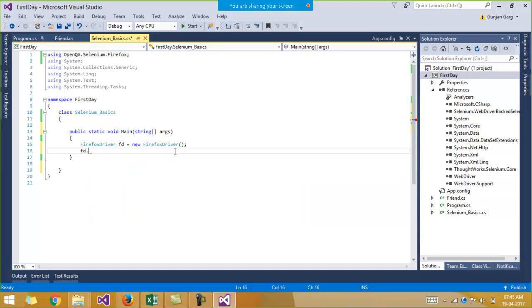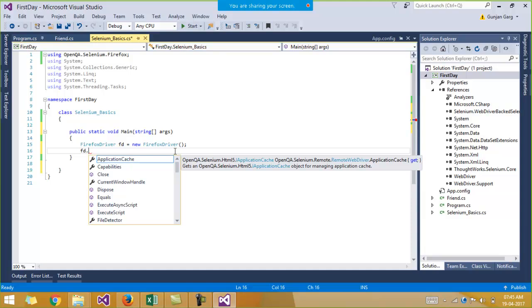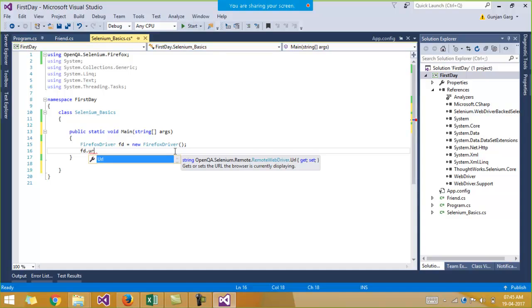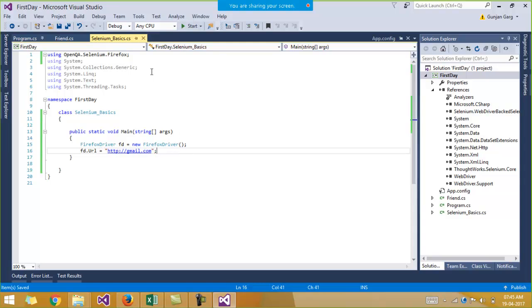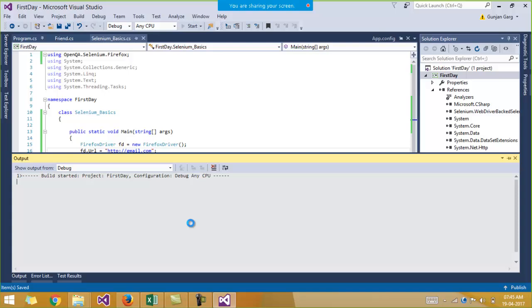Say if you want to navigate to any particular URL in the Firefox browser, right? Then I say fd.url, and then I need to give the URL where I want to go. Say I want to go to gmail.com. Fine. Now if I run my code,